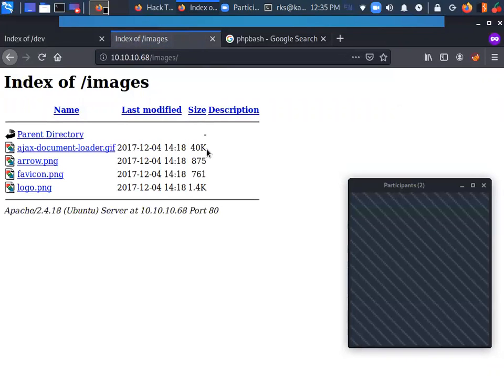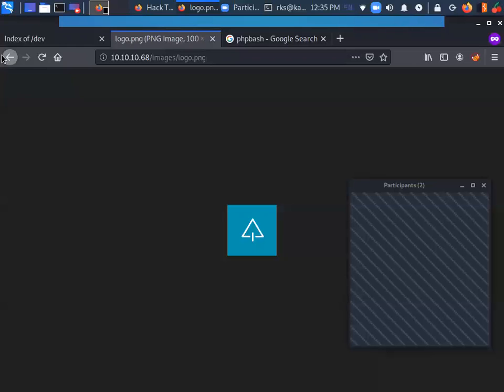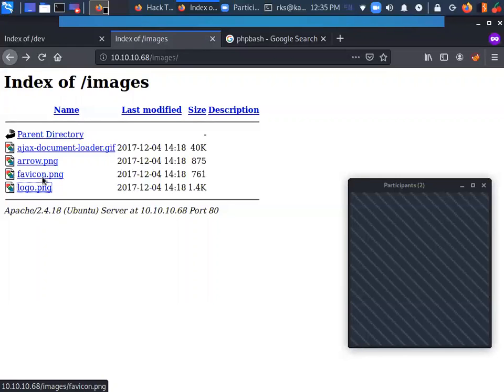Uploads is not showing me anything. Let's go to images. Images is giving me some images like logo.png, favicon, arrow. Okay. What else?